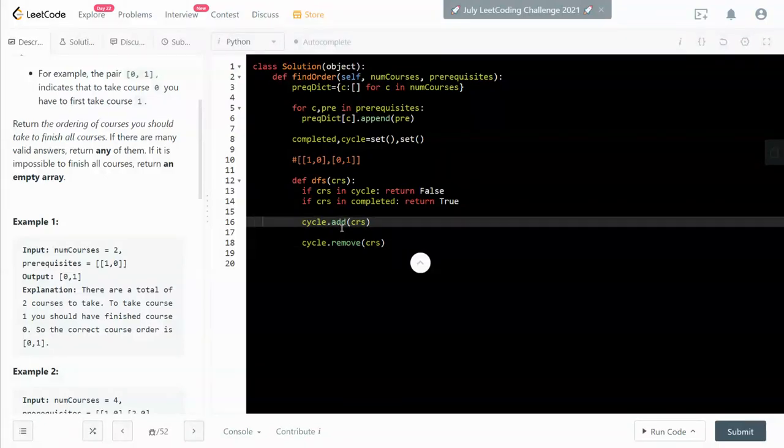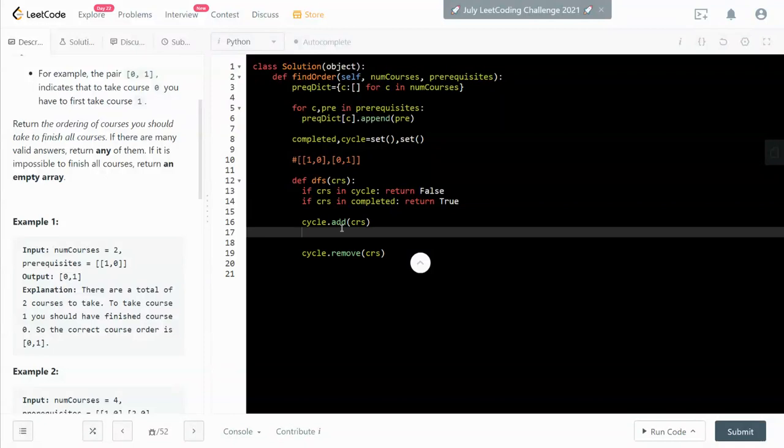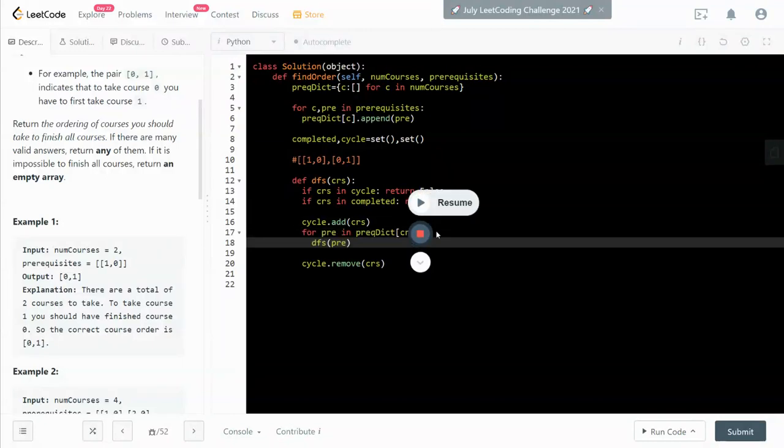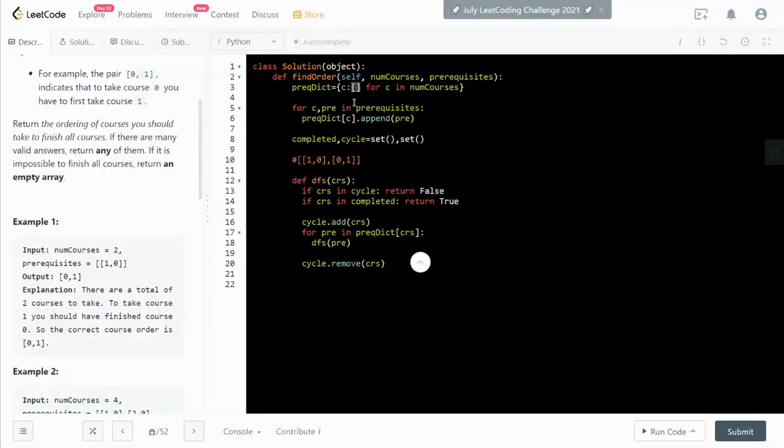And now the problem comes down to what we need to do, which is to fill out the things in between, where we will do all the prerequisites and do DFS on all the prerequisites, right? As you can see, this is how we can do DFS on all the prerequisites, and this is why we need that list in that dictionary. And this is exactly how we can do a DFS